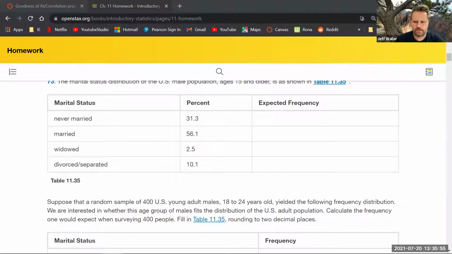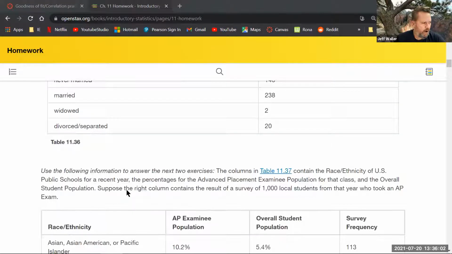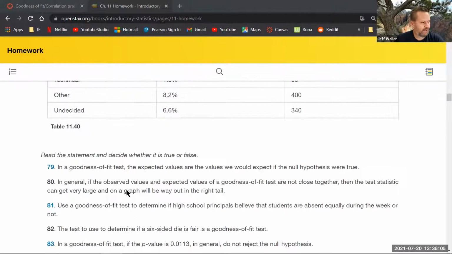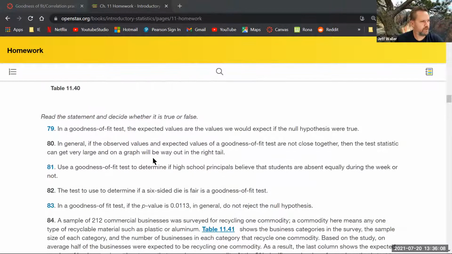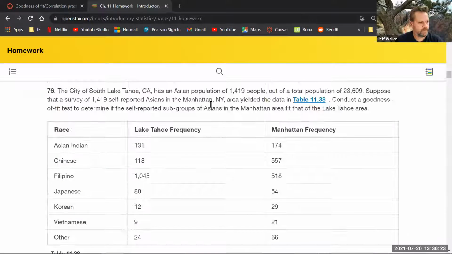Somebody's asking me, what questions are you talking about, Melody? There's a couple questions. I think 79 in section 11.2, which I did not answer fast. But there's also the ones in section 11.1, 69 through 71. If you just follow the instructions, you don't have to explain. If I had written the question, I would have said explain your answer, but they didn't. Too bad for Jeff.